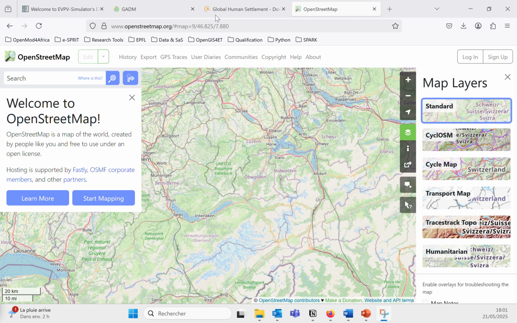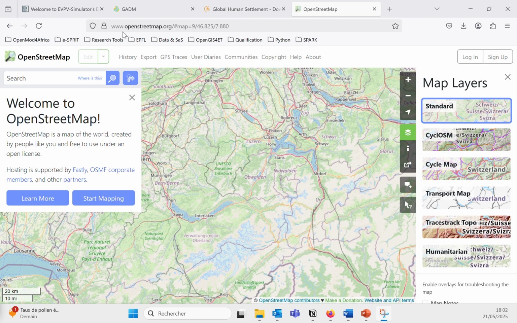Then finally, you will also need to get a list of points of interest and workplaces for your region. To obtain them, you can either use your own data, or if you don't have any, get the data from OpenStreetMap, which I think you know is a crowdsourced project to get this kind of points of interest mapped all over the world. And to gather data from OpenStreetMap, you can either use a tool you are familiar with,